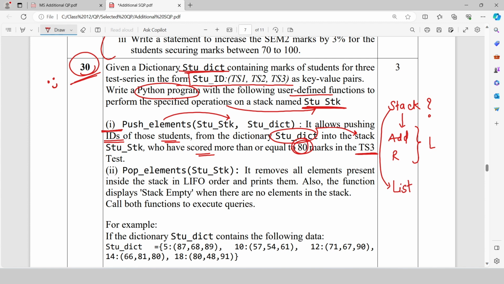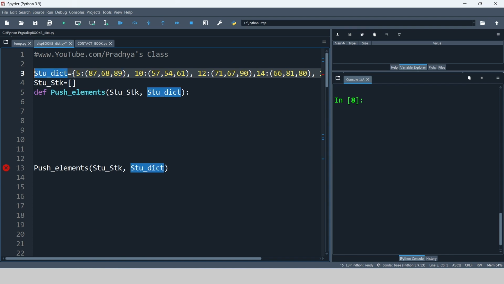So we will be using some methods of the list to perform these operations. To add the element we will be using the append function because append adds the element at the last. Similarly, to remove the element from the last position we will be using the function pop. In this way we will be working according to the restrictions of the stack. Okay, then let's move to the IDE. Alright then, look at the code. Here is the given dictionary with the given data.